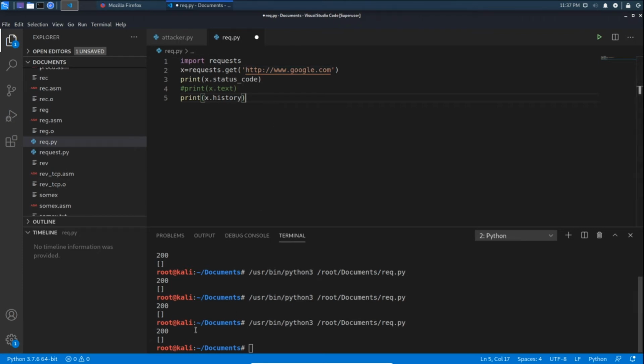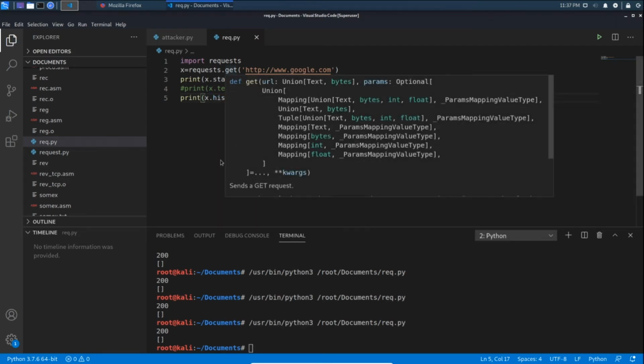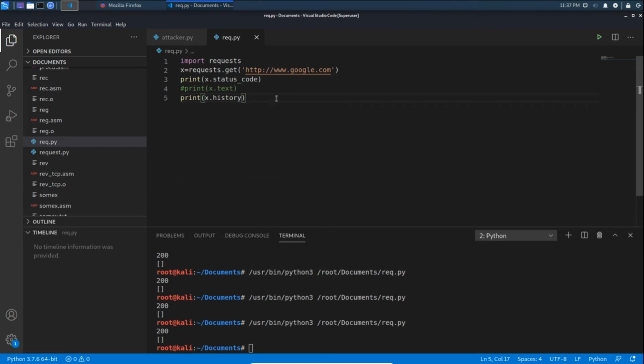You will get a response like 401 or something like that. That is intended to say that http www.google.com is transferred to https www.google.com. So that is my intention to show this example, but it's not working here. I don't know why. I think there is an error with Google, or it might have been fixed by Google. Okay.